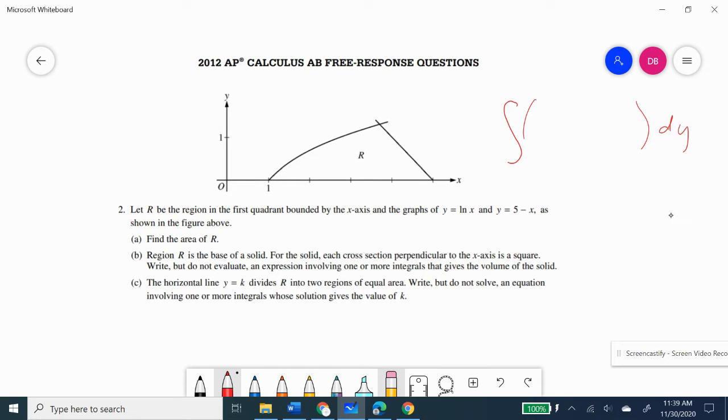Now, if you draw horizontal lines in the region, you can see that the right side of those horizontal lines will follow this line. You can see that the left side will follow the curve that is here, and they have a point of intersection. Now, don't assume that it might be 1 for the y value of intersection. You need to actually put this in your calculator and check that intersection point, but be careful, you need the y intersection point. The y coordinate of intersection is, let me write that down,